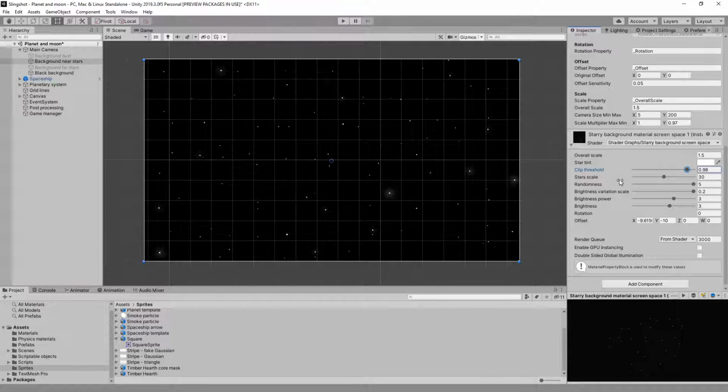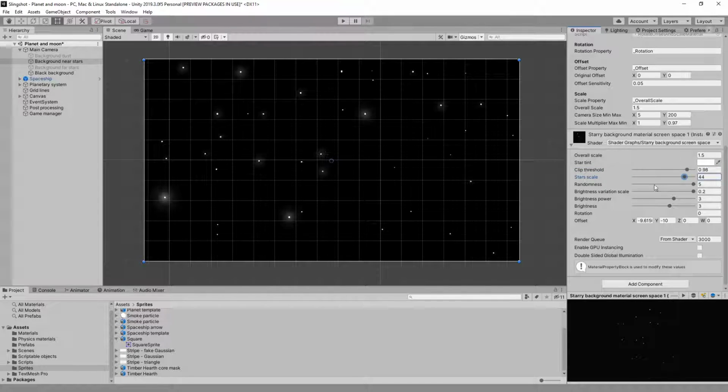The star scale and the brightness variation scale sort of do the same thing as the overall scale, but they control two subtly different things. The star scale makes it look like it's doing the same as the overall scale, but what it's not doing is changing the variation of the brightness. So I've actually